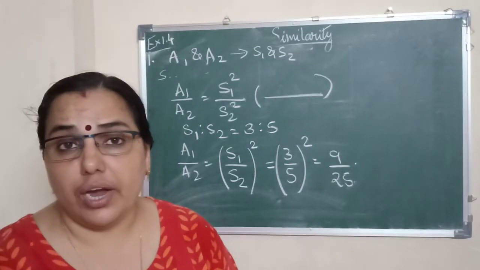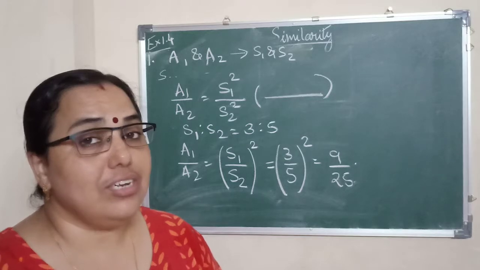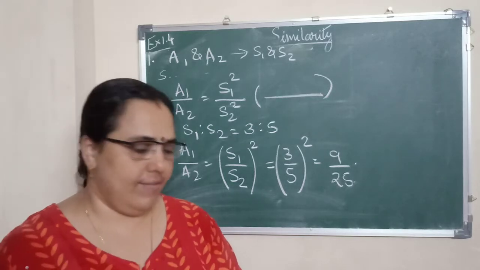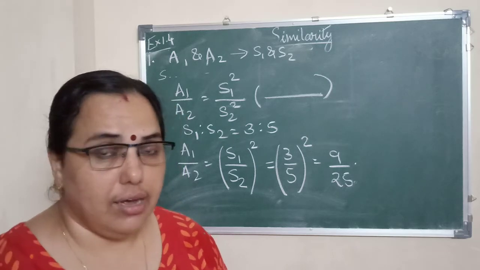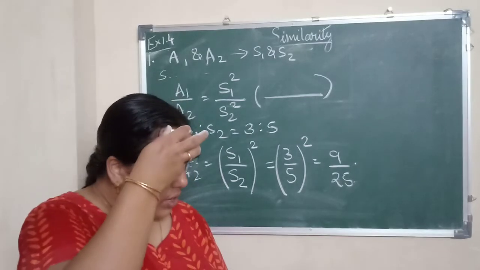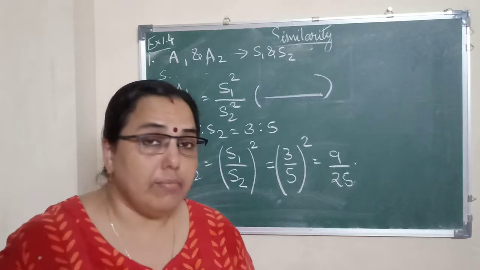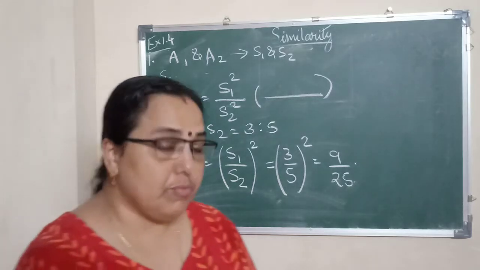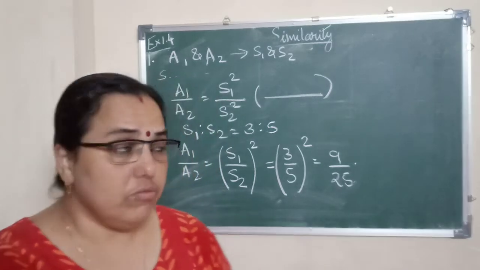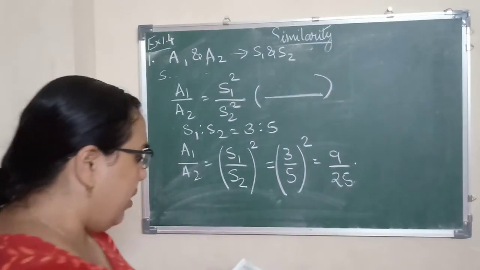So what is 2 squared? 4. And what is 3 squared? 9. Very good. So that fills in the boxes there. Is that clear? Okay, with that we finish the second sum. Now we go for the third one. Even the third one is fill in the blanks, but there is little working there, girls, which you have to do so that you can find it.